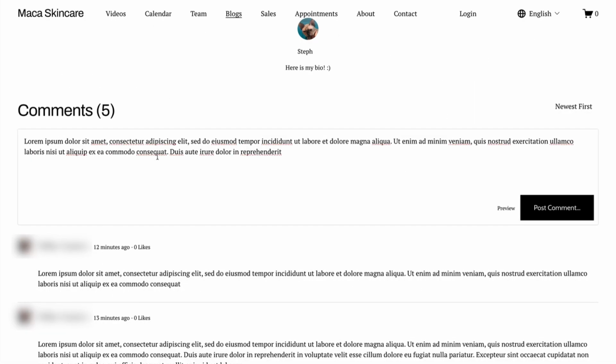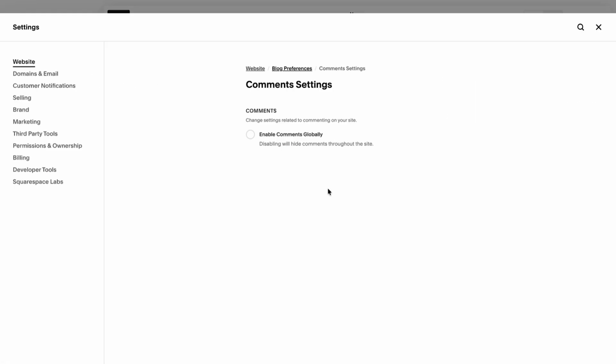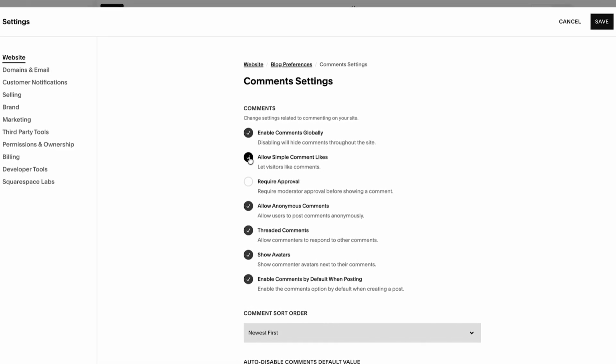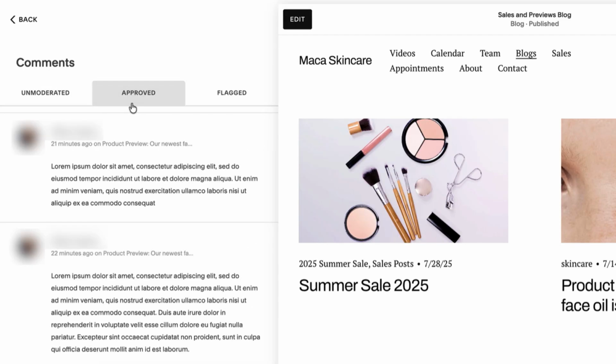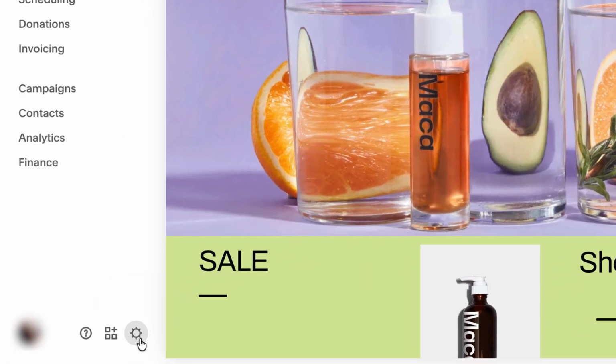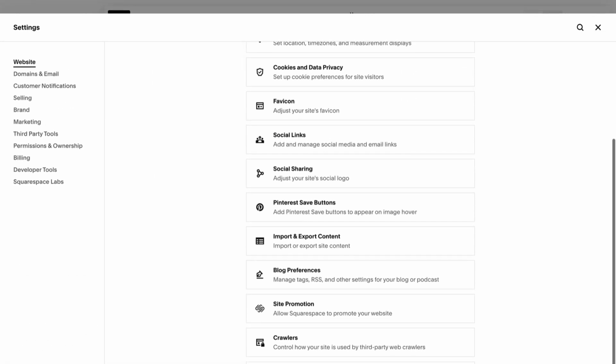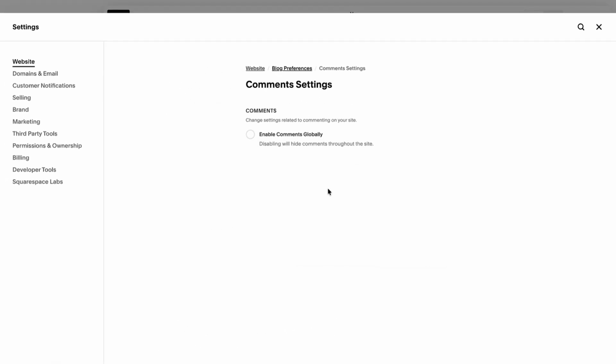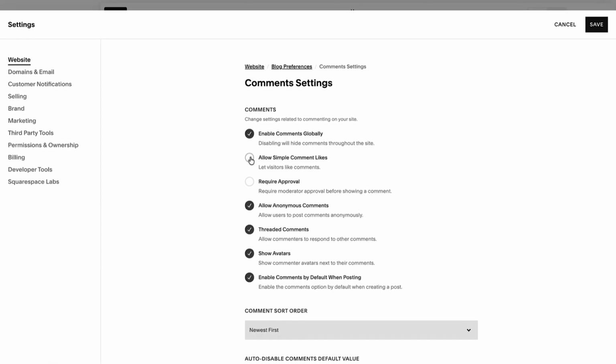Visitors can interact with blog posts with comments and simple likes. You can enable or disable these features, customize how they'll work on your site, and manage the comments. To open comment settings, open the Blog Preferences panel, click Comment Settings, edit settings to enable comments, control permissions, and